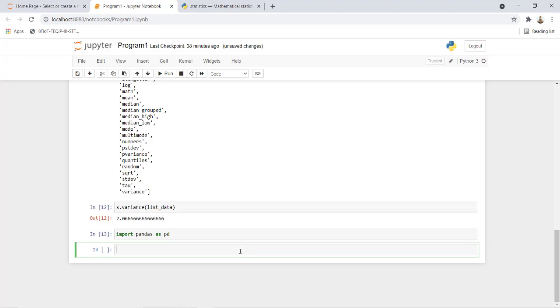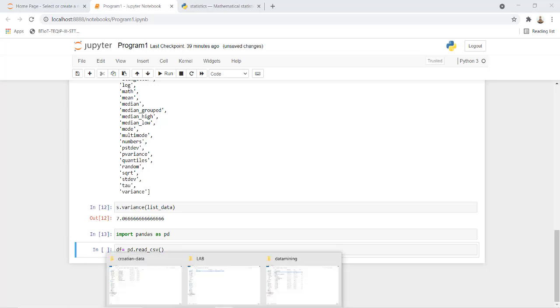I have to take the data from a CSV file. Let us take data frame df is equal to, the method I have to use in pandas is read underscore CSV. This is the function for reading your data set. Inside this you have to pass the file location.